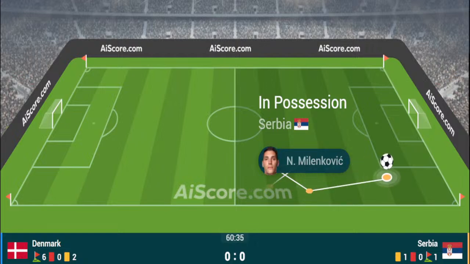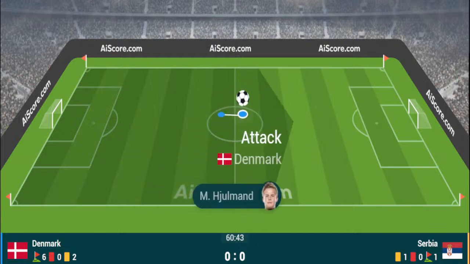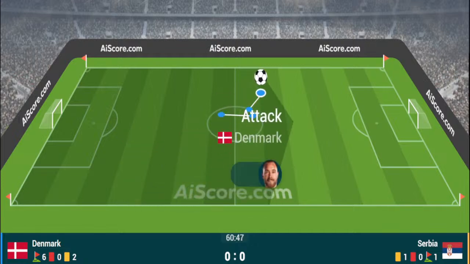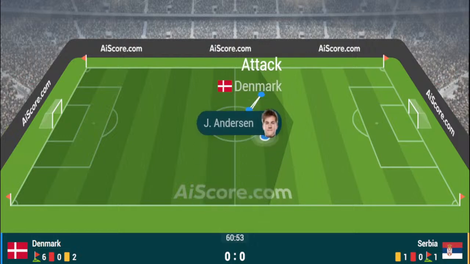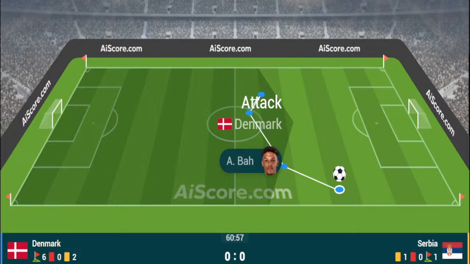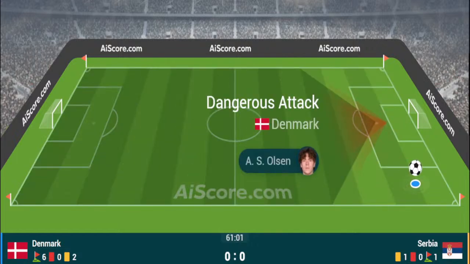Serbia, who are very well aware of the fact that a goal now for them would put them up to 4 points and move them above Slovenia, move them above Denmark. They would be in a great position to qualify. So it does make for an absolutely fascinating final half an hour. It is Denmark 0, Serbia 0.